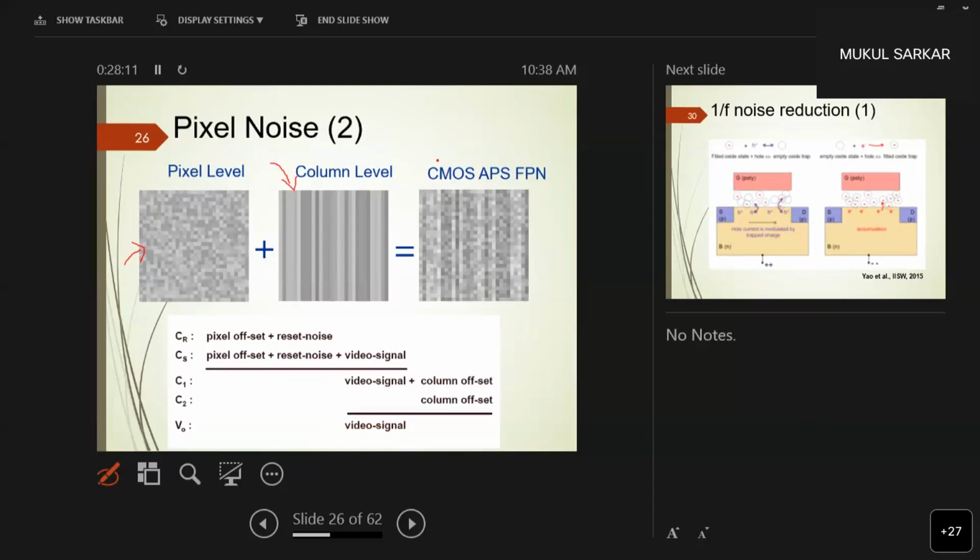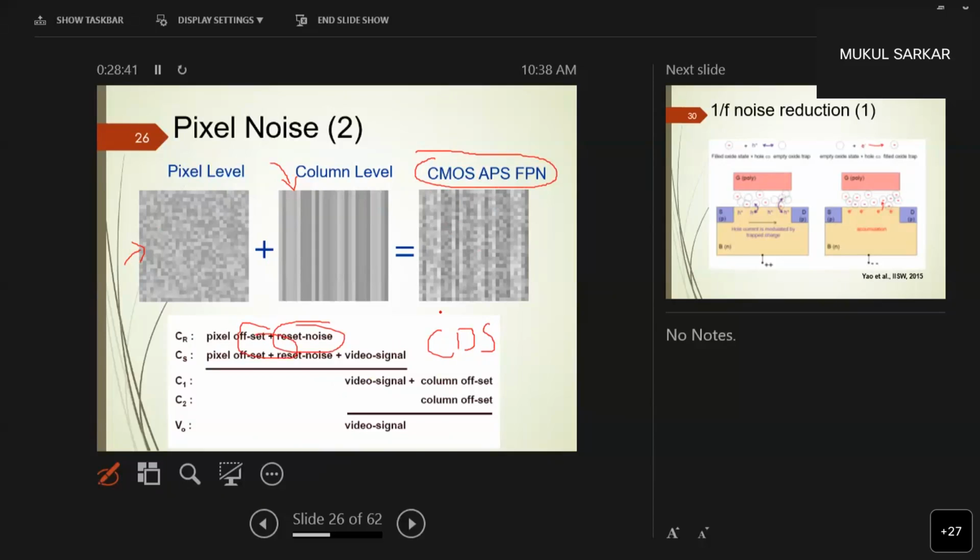So effectively, an image that you read out from a conventional CMOS pixel is very, very noisy. And a standard trick to reduce this noise is correlated double sampling, CDS, in which you sample the signal twice and subtract it so that whatever offset and reset noise you have gets eliminated. That has been applied in most imaging sensors, and the thermal noise component is pretty well